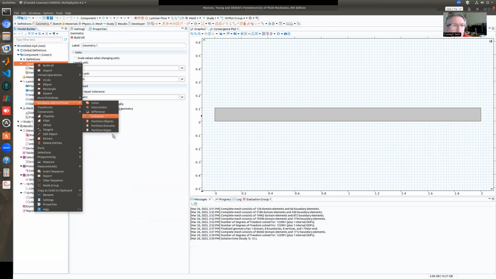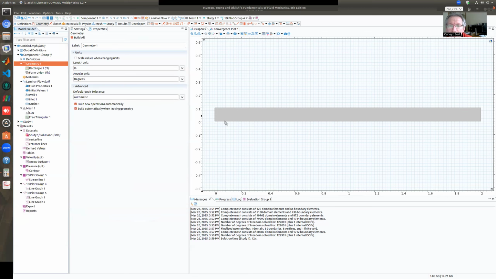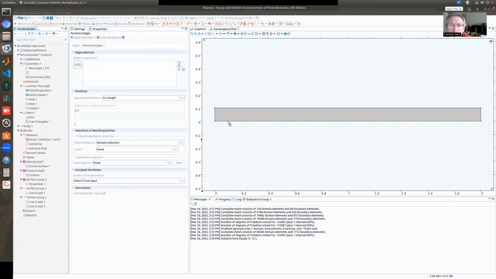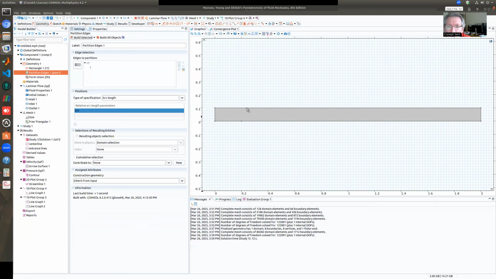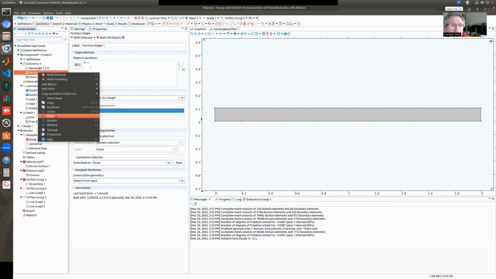And then I will come here, say partition edges, and partition this lower edge into a couple of parts so that I can generate a second entrance. So it will be like a main flow coming from here and then a second flow coming here, and then they mix up, right? So I will put one point here and duplicate this.